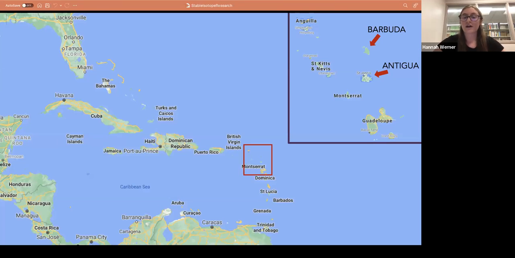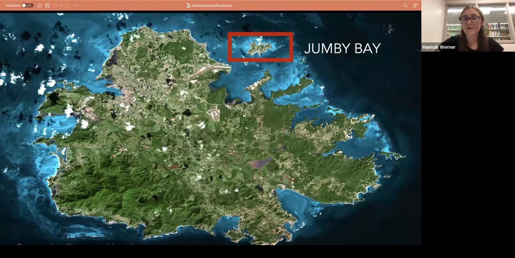So looking at our population of interest, we focused on Antigua. As you can see with this map in that upper right-hand corner, you can see where Antigua is. It's in the Caribbean Sea. And just to give you a closer view on Antigua, our population of interest was at the Jumbie Bay. That's an island off of Antigua. It's important because it has a very large population of nesting sea turtles, specifically the Hawksbill sea turtle. So that's why we focused on that area.